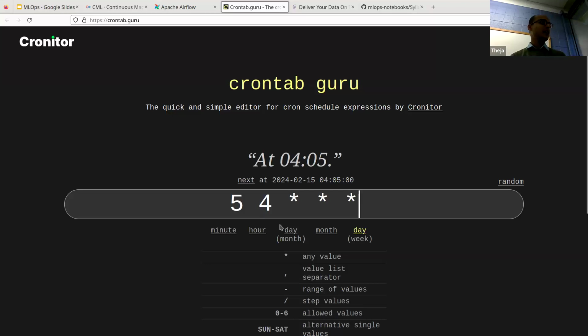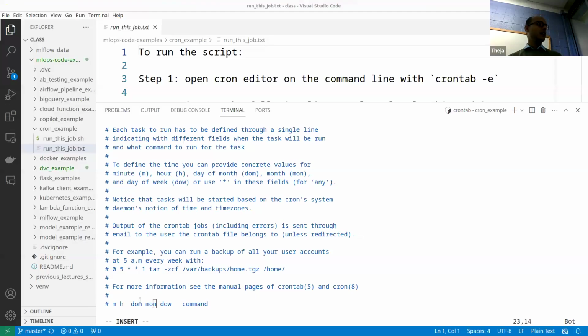So minute, hour, day of the month, and then month, and then day of the week. Okay. So those are the 5. At the very bottom I have this cursor: minute, hour, day of the month, month, and day of the week. Okay, so that's the specification.